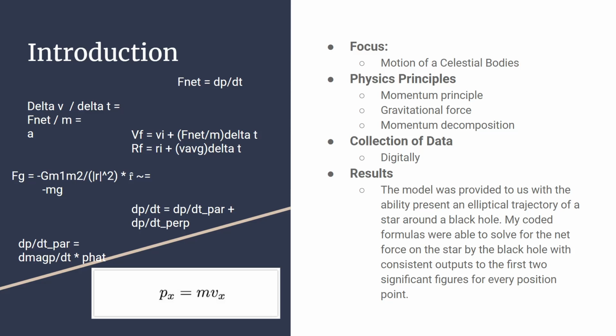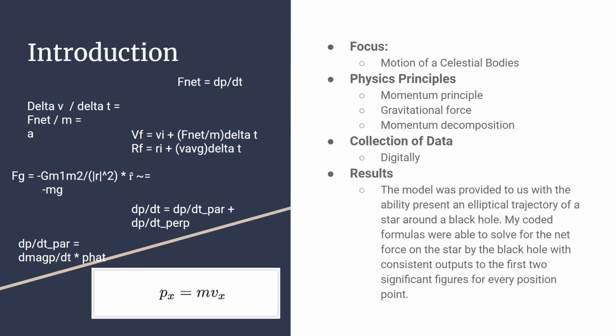It includes a real-world demonstration rooted in the second law of motion, as the net force is equal to the force of gravity. This law is also known as the momentum principle and is applied multiple times in this lab, including to analyze the properties of the planet's motion, like the change in momentum in parallel and perpendicular components. The gravitational motion formula is also used to take the motion of the object and solve for the mass of